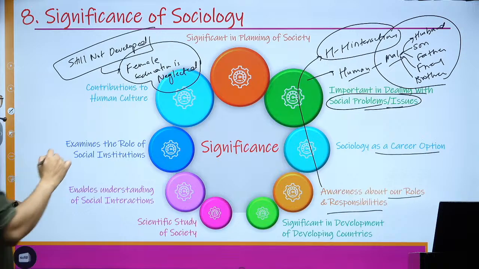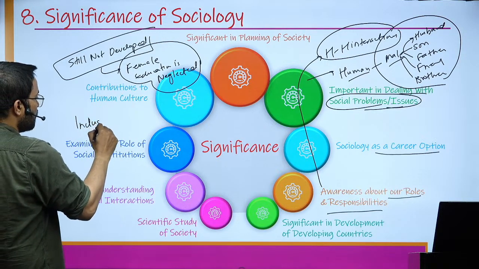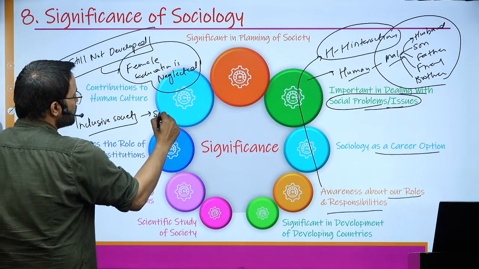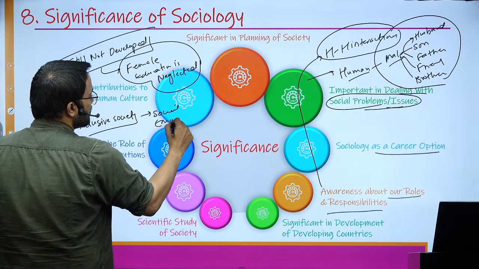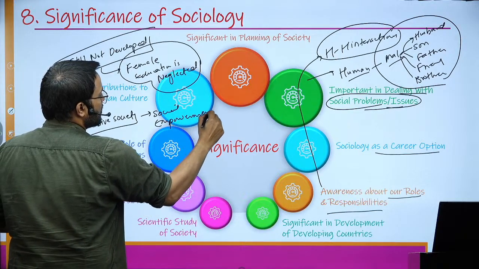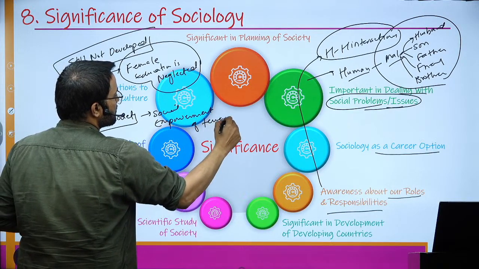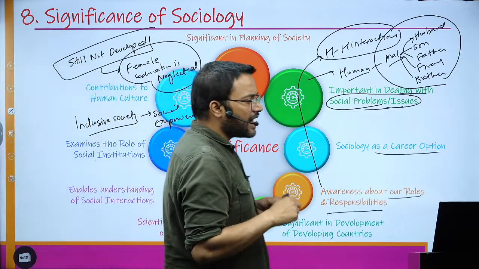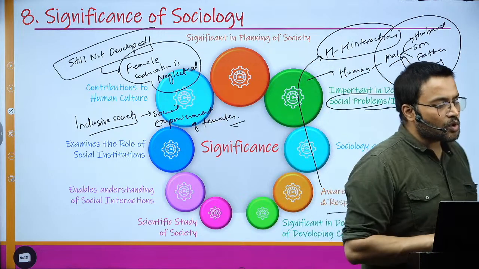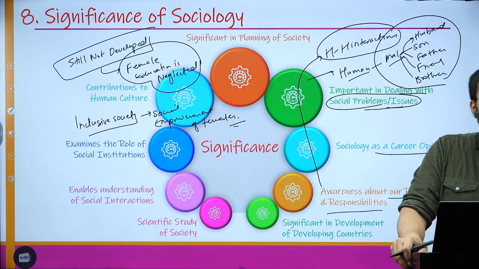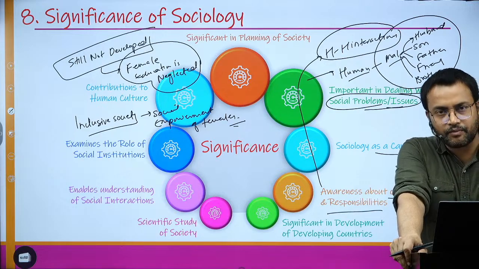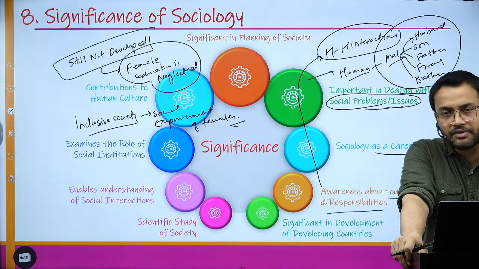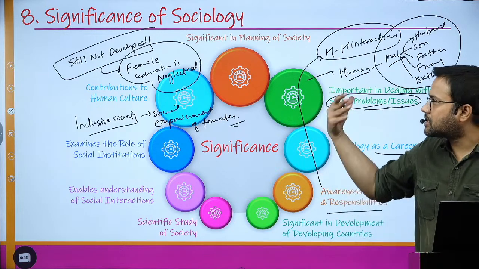And if you talk about an inclusive society, what is the way to create an inclusive society? Overall social empowerment of females. This is how we talk about it. Once you understand the root cause of any particular problem, it will be quite easy for you to chart out the trajectory, which path to follow, so that a developing country also comes at par with the developed countries. So this is called the significance of sociology.